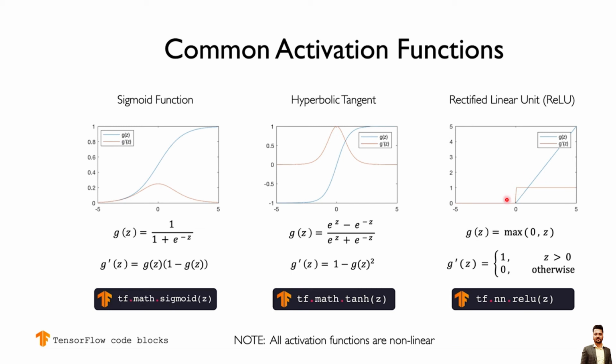So the first derivative is between 0 and 1, because if you do differentiation of any constant number, let's say this 3 or a 5, now d/dx of 5x will be 5, right? So you can also see that these TensorFlow code blocks have been given here. This tf.math.sigmoid(z) is the way you can use a sigmoid function in your programming. Similarly, tf.math.tanh(z) and tf.nn.relu(z). This is neural network, and these are the math libraries. So this is how we implement them in TensorFlow.